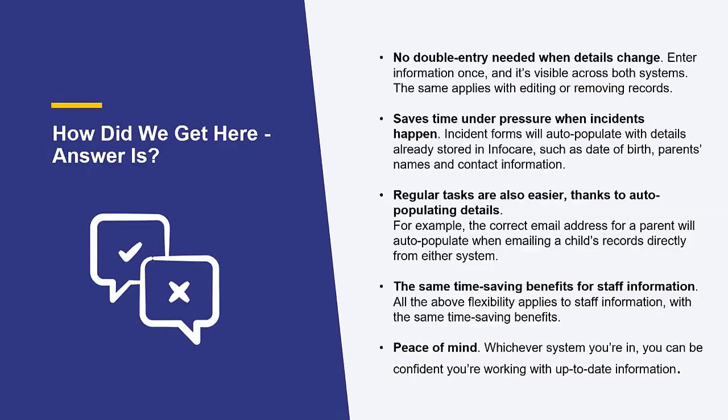Now, I put this here really just for me, just in case I was talking too fast and wasn't hitting some of those points, but it really does mean you're reducing that double entry. You don't need to run around and find the information that you need on your incident forms, especially if they're queried, because it will come straight through from InfoCare. It's saving time